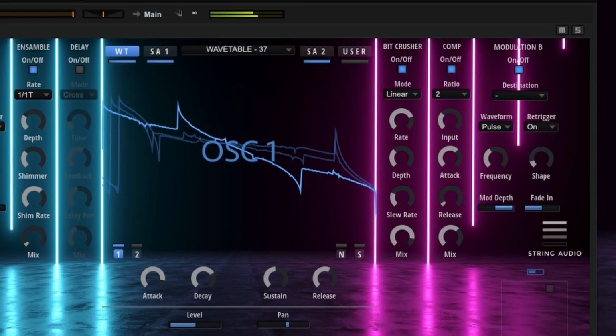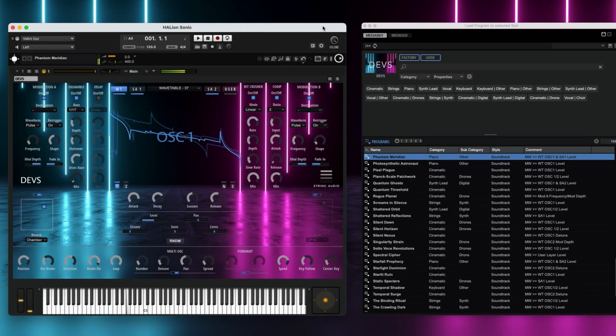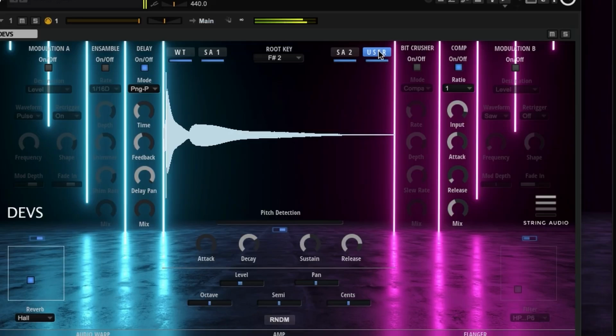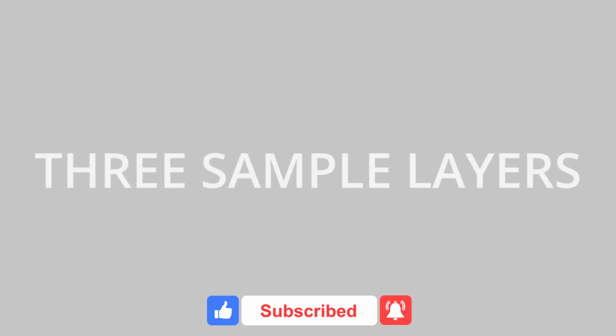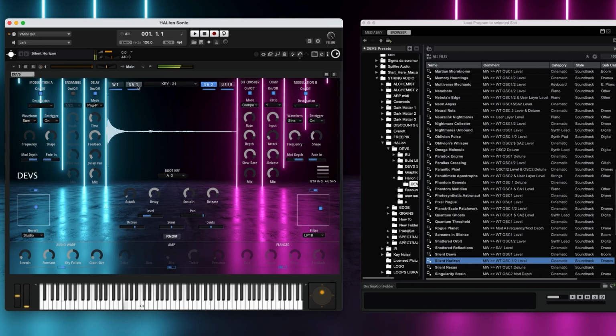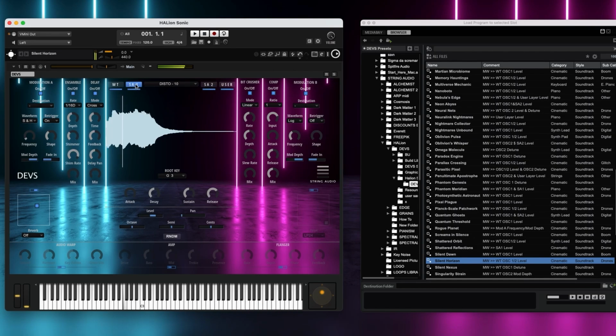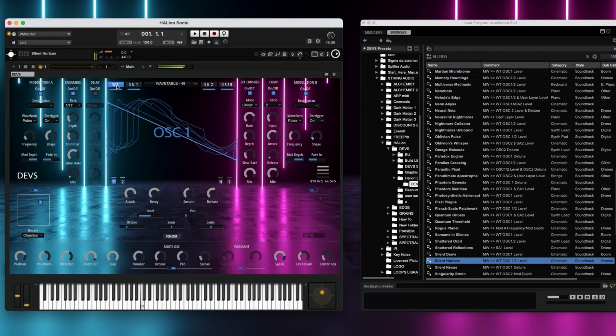With DEVS you get 100 hand designed presets right out of the box that have been created using 2 GB of signature samples from String Audio. This gives you 50 meticulously crafted wavetables, but not just that, you also are able to load in your own samples to the engine. DEVS is 100% compatible with HALion Sonic 7.1 or above, which is the free version of